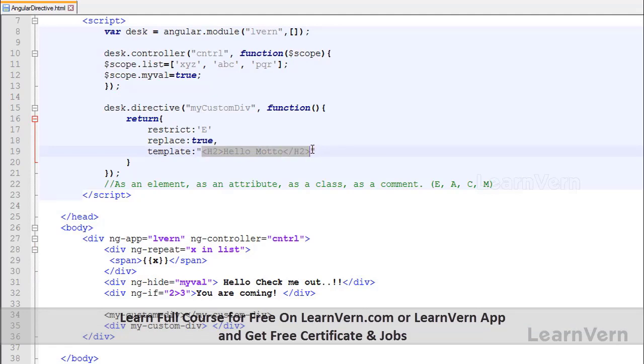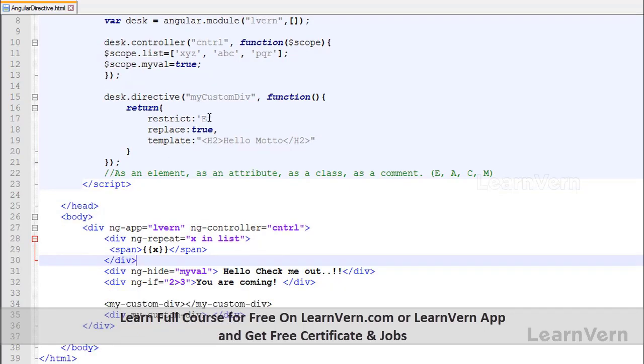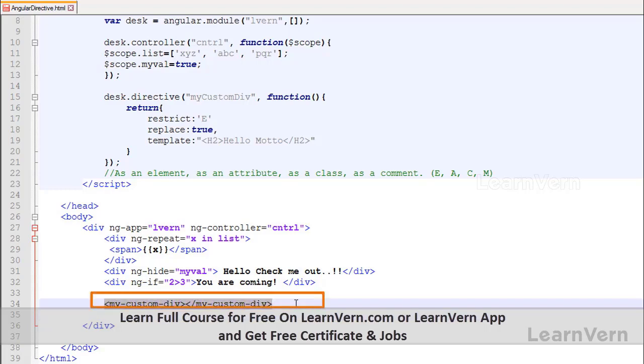Okay, I will show you when I'm going to run it. I will be showing you how it is working. So for now let's make it true. What I have done, I have restricted to E, means only this directive is going to work, not this. Why? Because I have not mentioned here restrict to as an attribute also. So let's remove this for now and concentrate on using the directive as a,